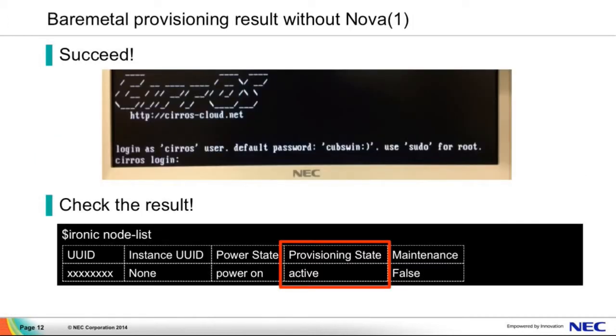This is a result. Yes, we succeeded with bare metal provisioning. Let's check the result by the ironic node-list command. As you can see, the provisioning state is active. Congratulations. But